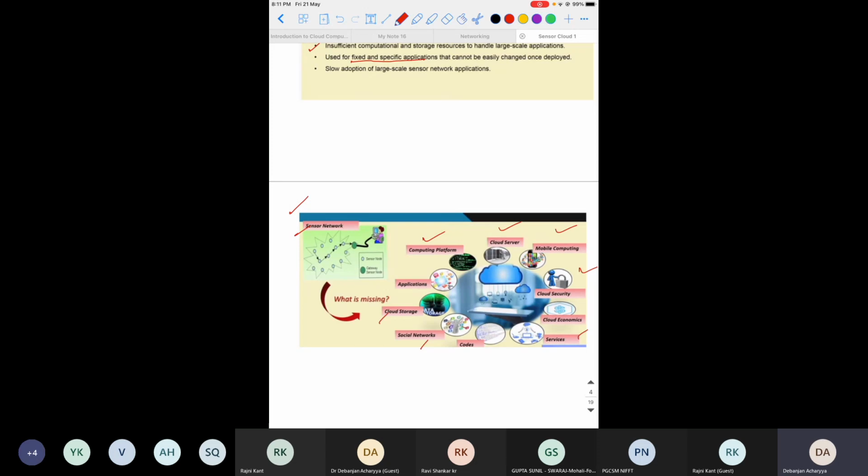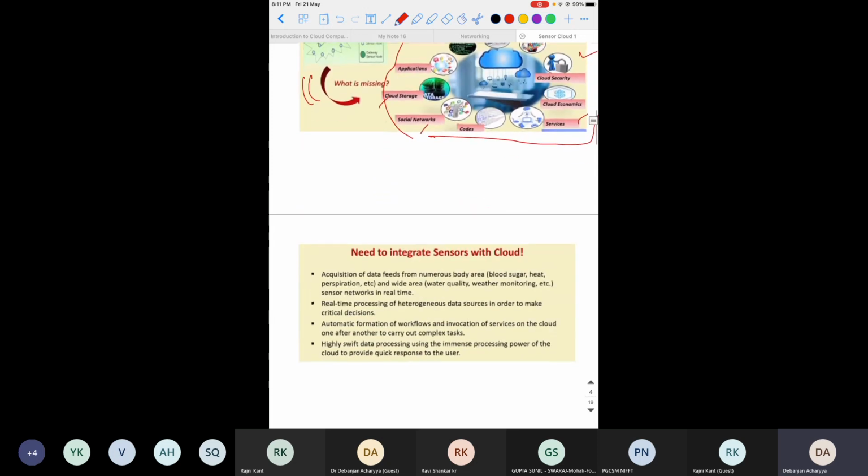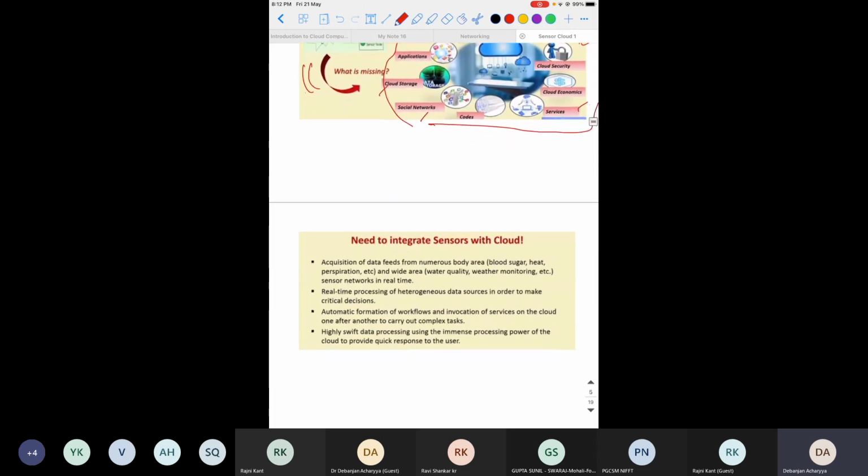But we have to bridge between these sensor networks and the user. In between them something is missing, and that missing item is the sensor cloud. So why do we need to integrate the sensor with the cloud? Let's see step by step.